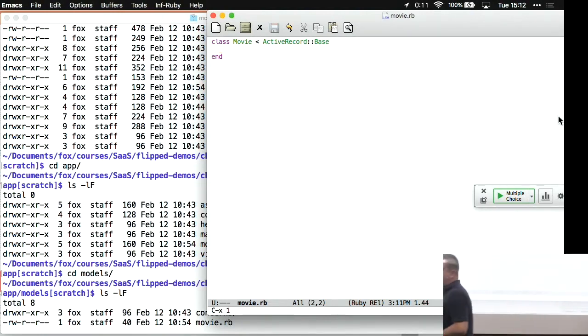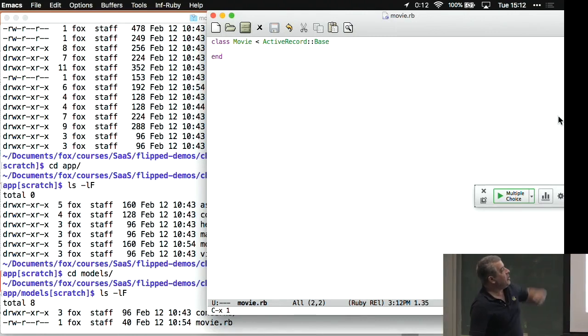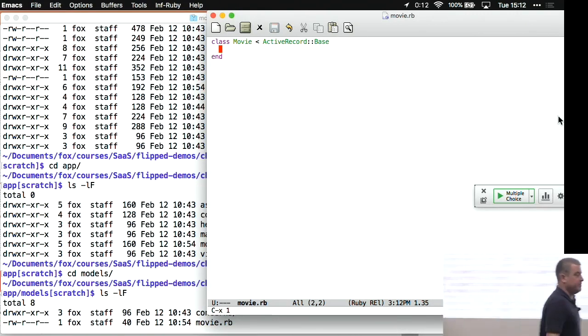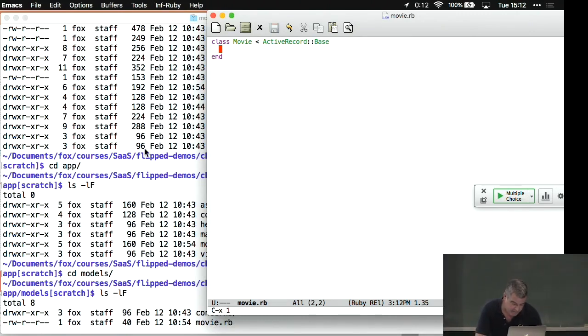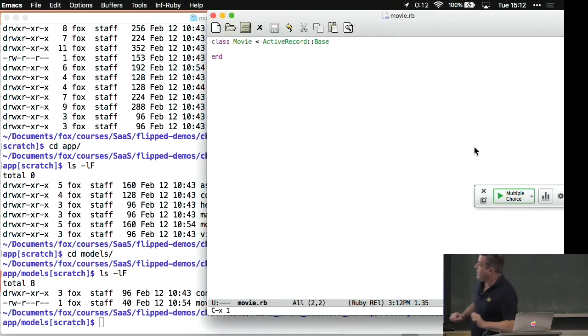You'll notice that movie.rb does not appear to actually have any code in it. All it says is, I'm going to define a class called Movie, which is a subclass, inherits from ActiveRecord::Base. It turns out that just doing this gives me a lot. And it gives me a lot because I have also set up a database table, which I will show you in the next piece of the lecture, in which a movie has,